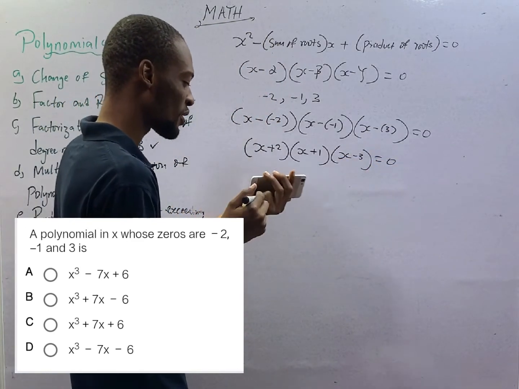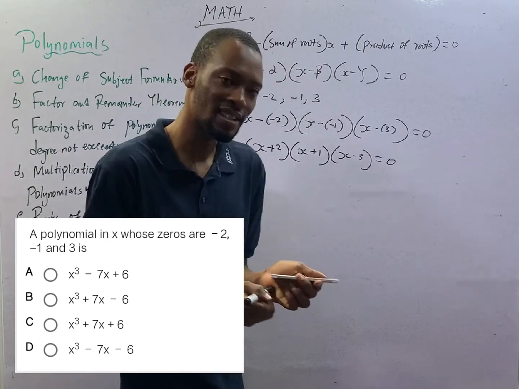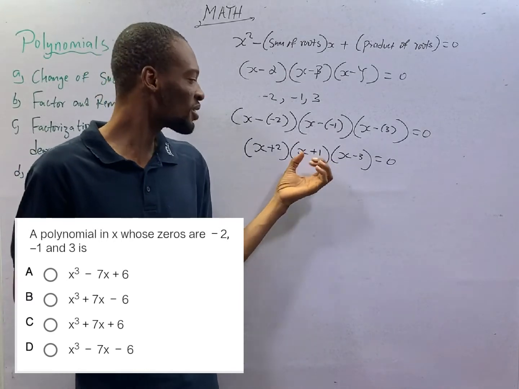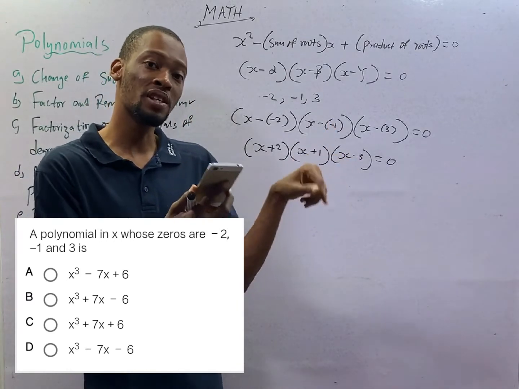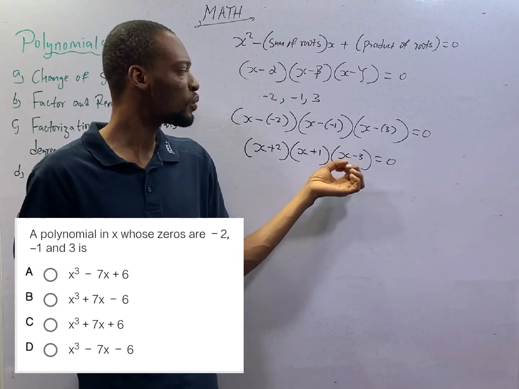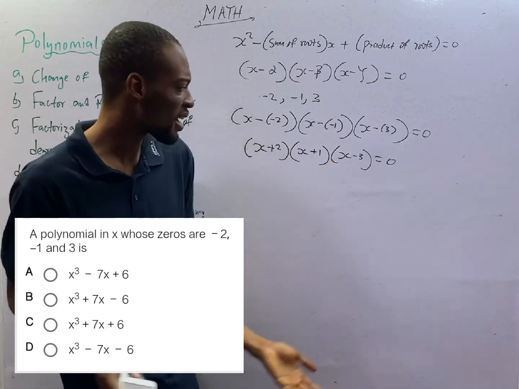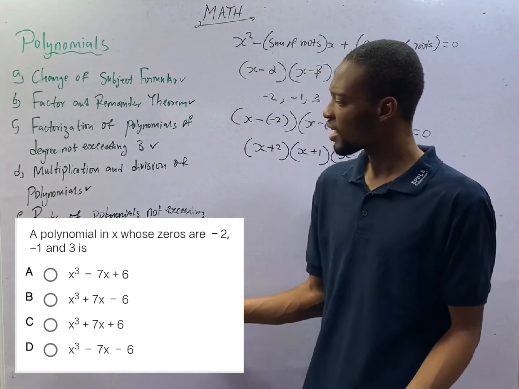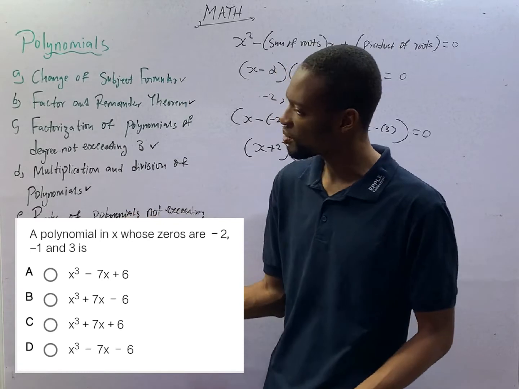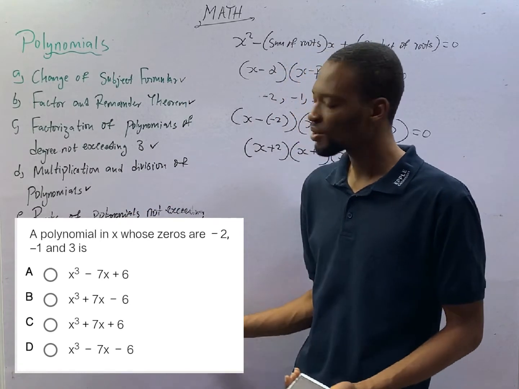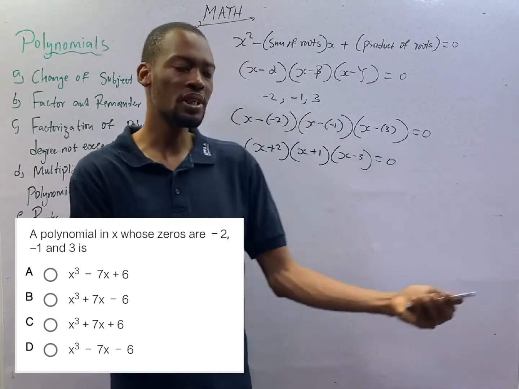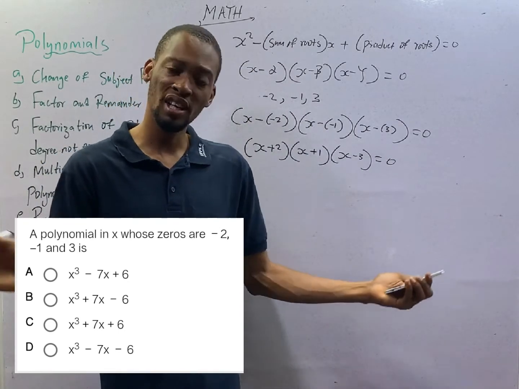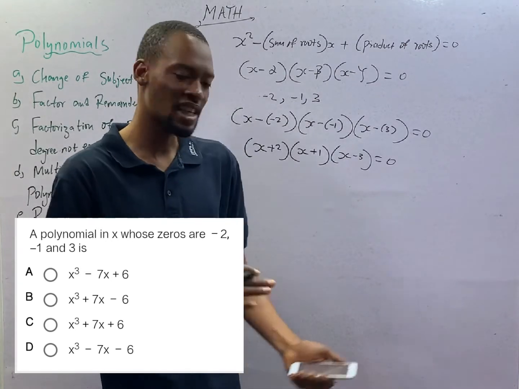Here is where the question comes in. How do we multiply these polynomials? Under multiplication of polynomials, I did not answer multiplication of 3 brackets because I know we will certainly see it in this question. Remember, this is a series. Doesn't mean that one episode will cover everything. No. At the end of all the episodes, or at the end of the series, everything will surely be covered. So it is a complete video. The 120 videos work together. It is when you are done with the 120 videos and you see certain things are missing